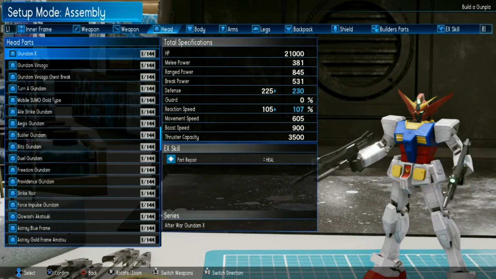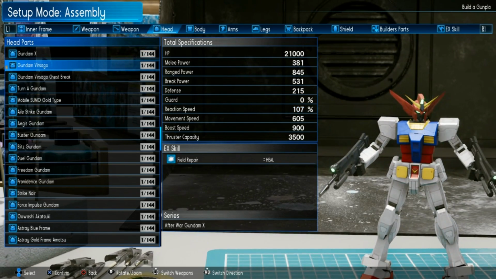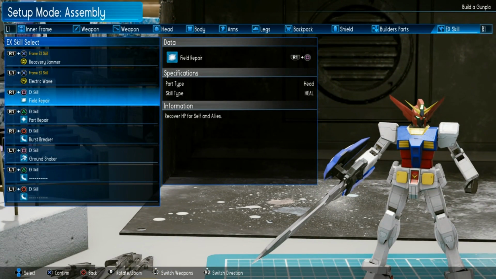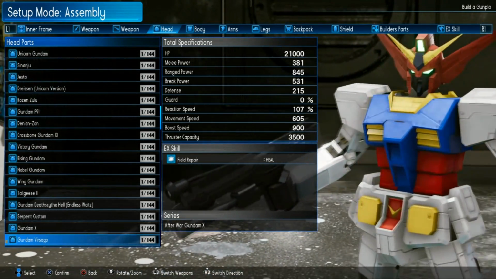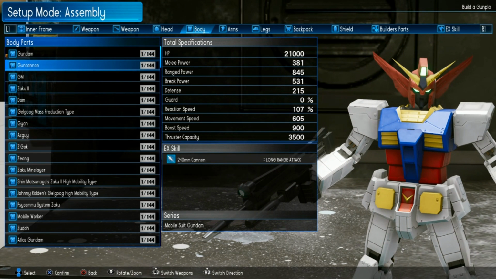Field repair, part repair. I think field repair is cool. I'm almost certain that's the AoE one. Yeah, allies. So that's really dope. We're gonna go with that. I don't mind the Visago head like this. You know, shout outs to the Epion-esque, even though it came before Gundam Wing. But anyway,